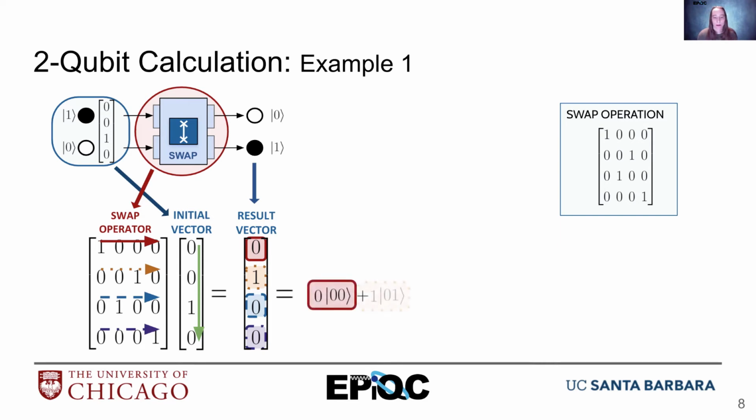And if we write this out in 2-bit Bra-Ket notation, then you can see we have a 0 on 0, 0, a 1 on 0, 1, 0 on 1, 0, and 0 on 1, 1, which gets us only a single term, because remember in Bra-Ket notation, we are allowed to drop terms with a 0 in front of them, but we're never allowed to in vector notation. So we're left with a single term, which is a 0, 1. And if we look back up at our vector notation, we'll see that that corresponds perfectly. The swap, in fact, starts with a 1, 0 and ends up with a 0, 1.